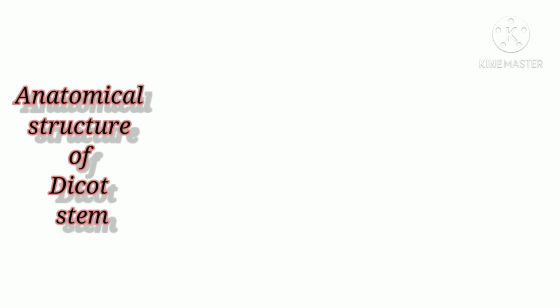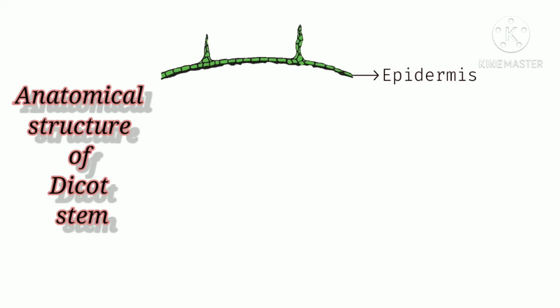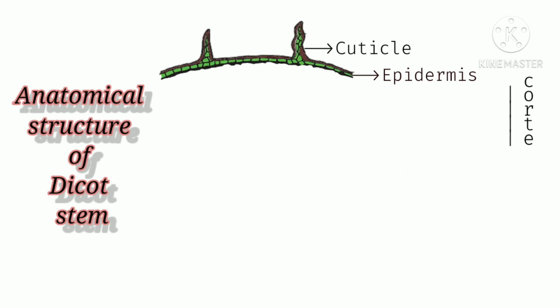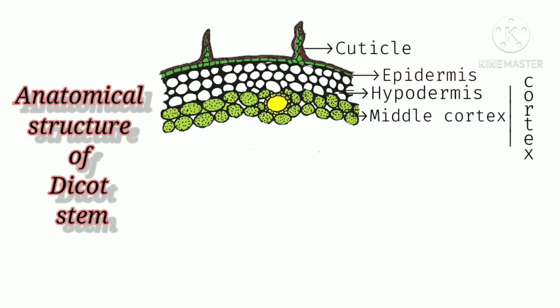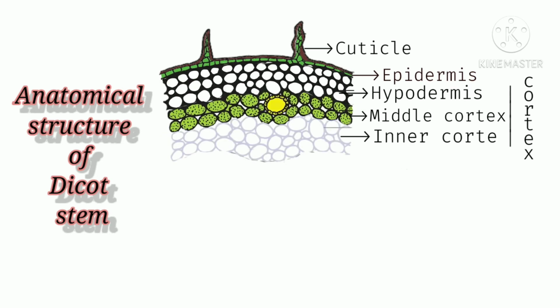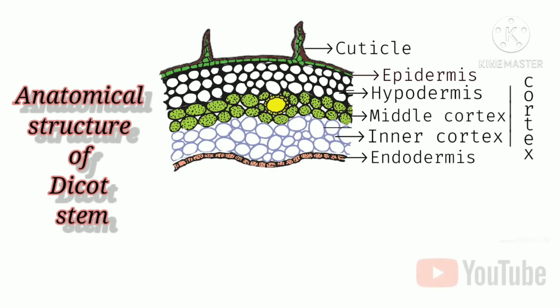Let's take a quick view about anatomical structure of dicot stem. The outermost layer of dicot stem is a epidermis, which is covered with a cuticle, and the second layer is cortex, which is divided into three regions: hypodermis, middle cortex, and inner cortex. The next layer to cortex is endodermis, which is single layered cell, and the next layer to endodermis is a